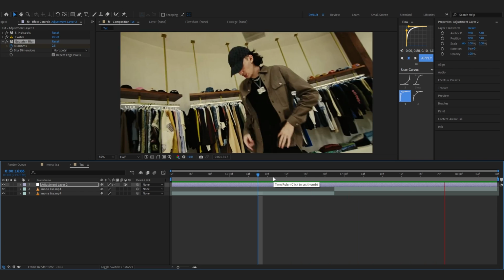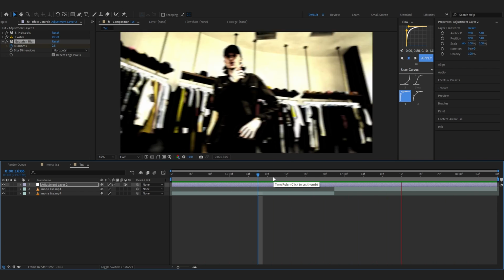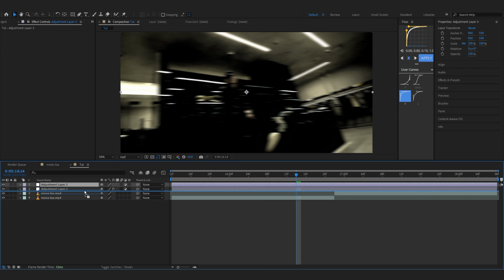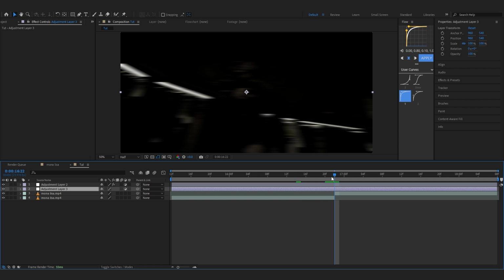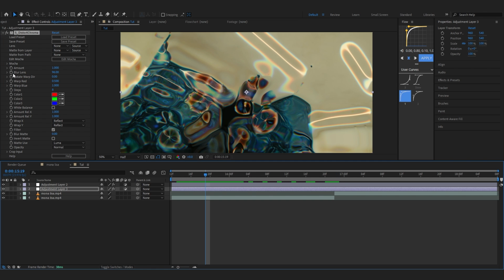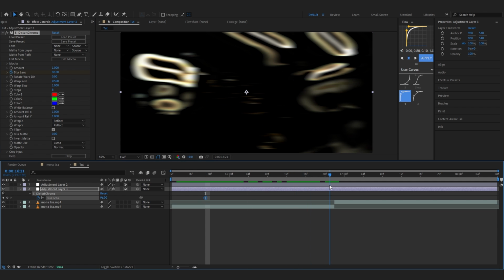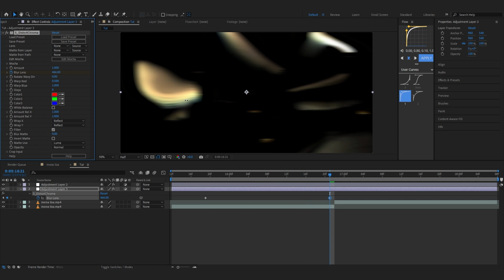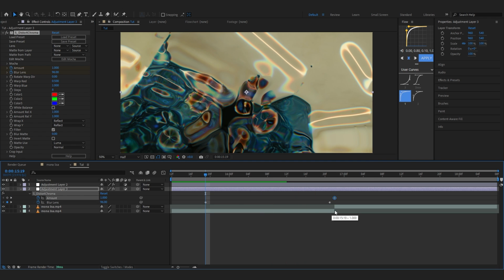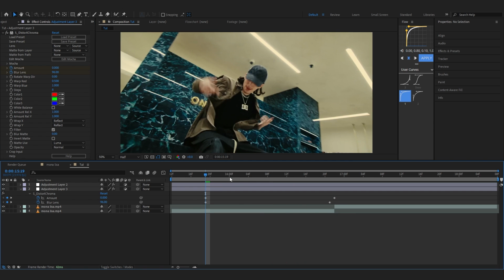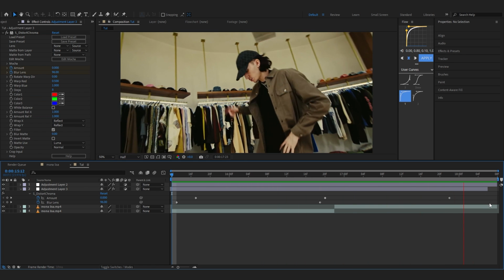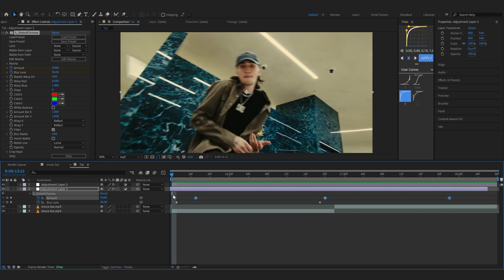Now our hotspot transition is done, but I like to add some sauce with some distortion in it. So let's make a new adjustment layer in here and put it before our first adjustment layer, and add Sapphire distort chroma. Now hit the stopwatch on the blurriness. As it goes, just bring up the blurriness, something around 600. Now we can keyframe the amount to 0 here, 1 at the cut, and back to 0. So we also got some distortion going on. You can always ease these up as well.